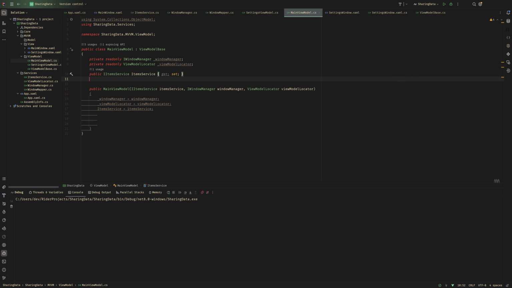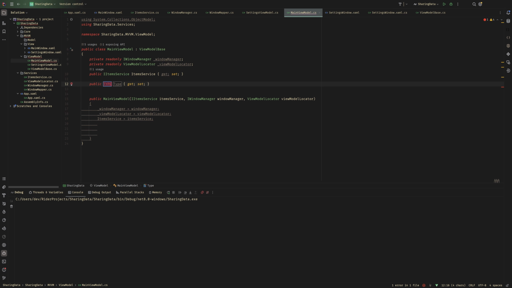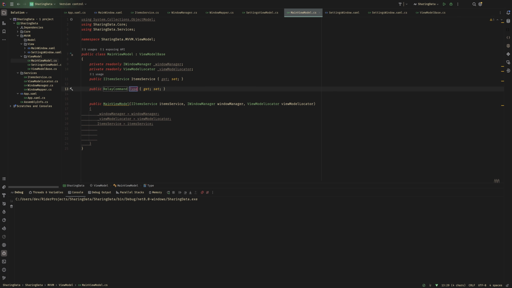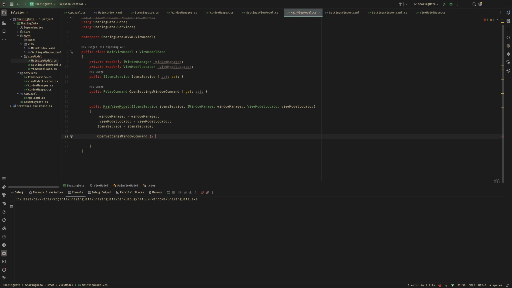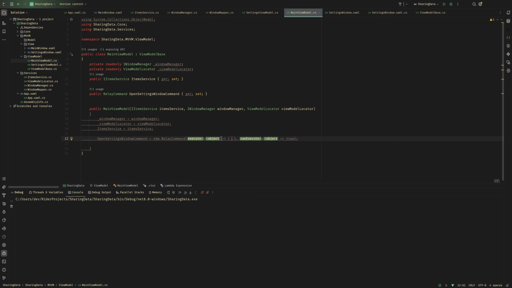Let's create a prop relay command. We'll call this open settings window command. This right here is going to be open settings window command equals new relay command, into this function, and then it goes into true just for simplicity's sake. Just like before, we do window manager show window, and in this case ViewModel locator, and we'll do